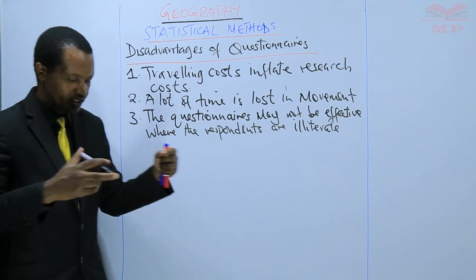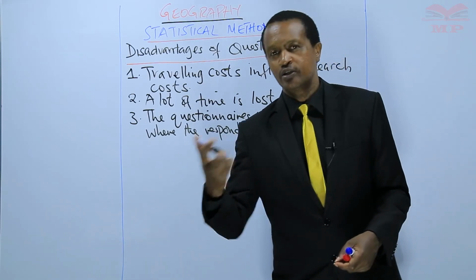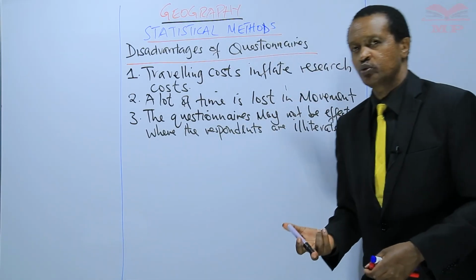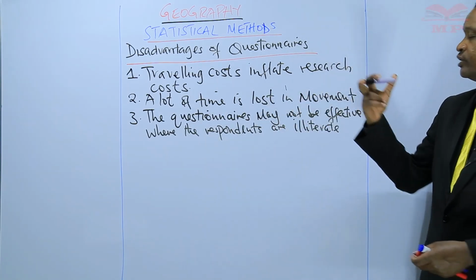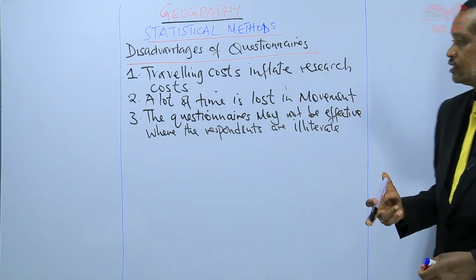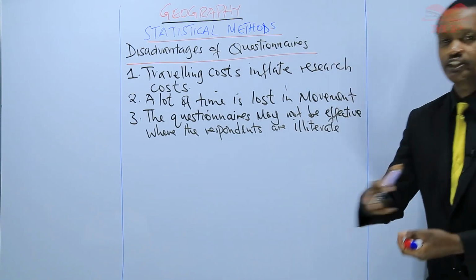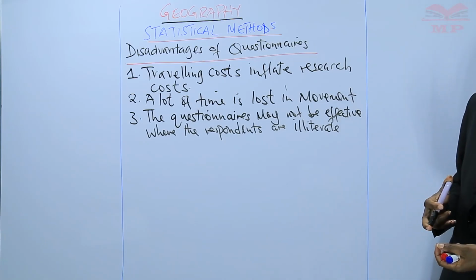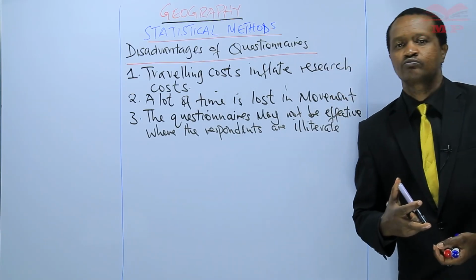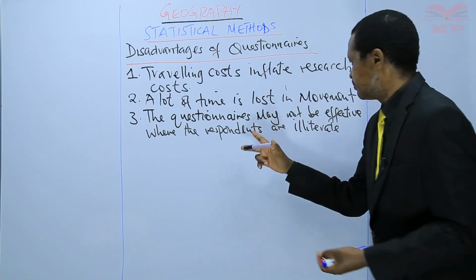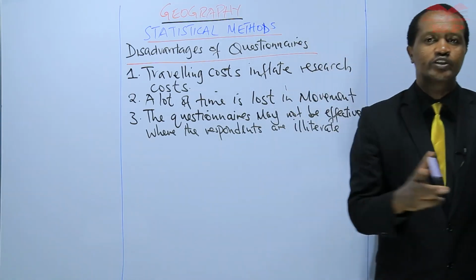All right? If you are a researcher and you want to gather information from people, you need to ensure that the people are able to read and also write, because there are times when they are expected to write when answering the questions, written questions, because written questions will require written responses. The questionnaire may not be effective where the respondents are illiterate,